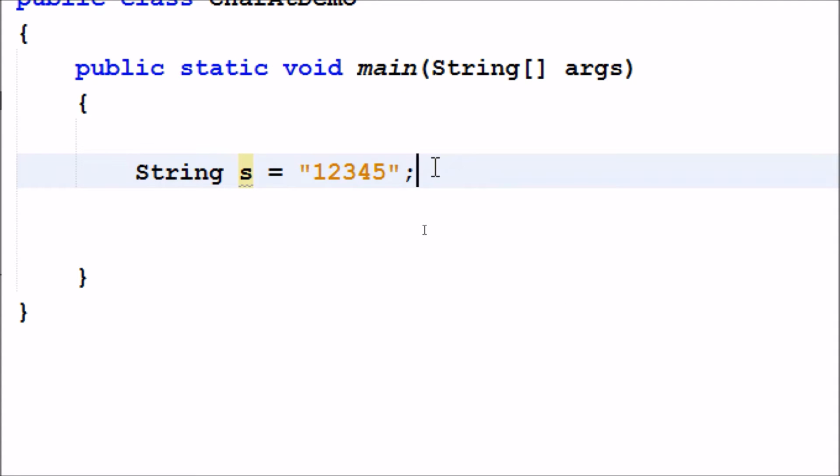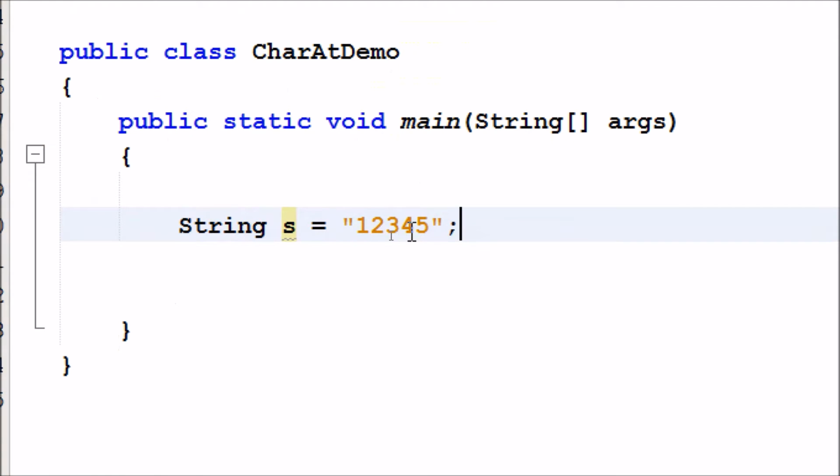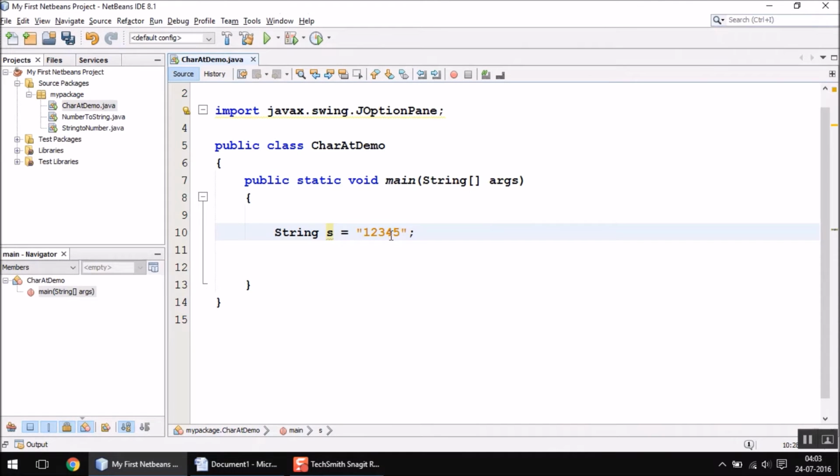So right now this thing is not a number, and what you can do is take any of these digits in a char type variable, and you can convert that value into an integer if you want to. So that is exactly what we are going to do.